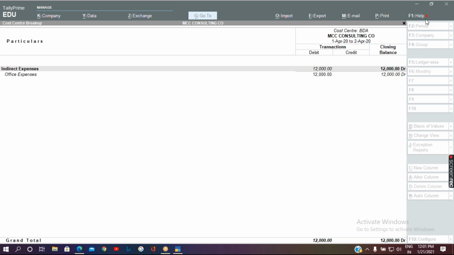TDS can be divided into two parts: one is TDS on salary, the other is TDS other than salary. Whatever we are going to learn in the TDS concept now will be on TDS other than salary.